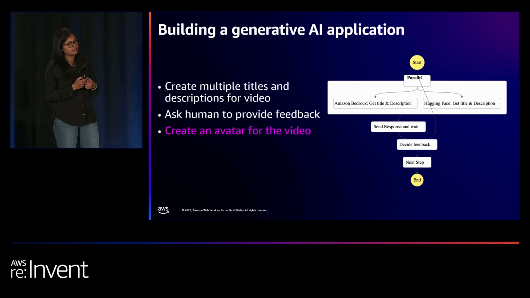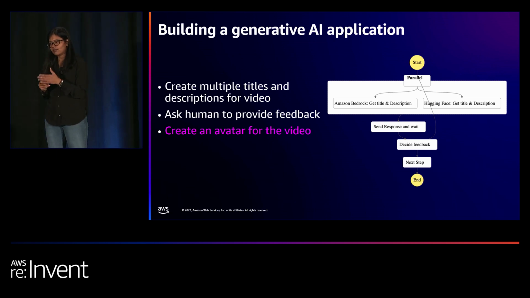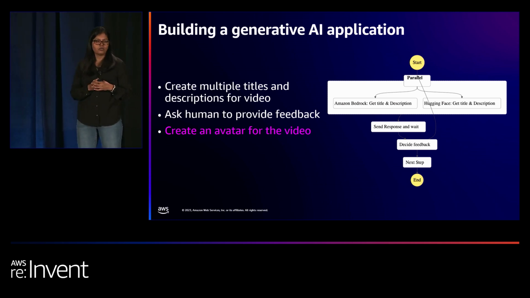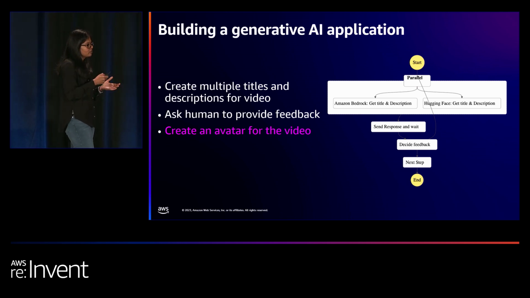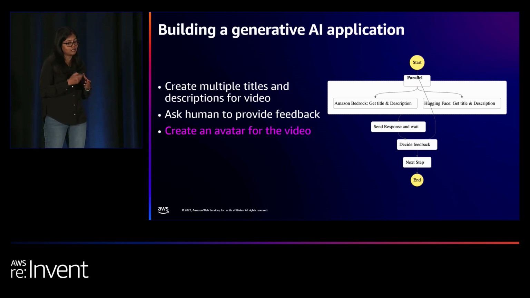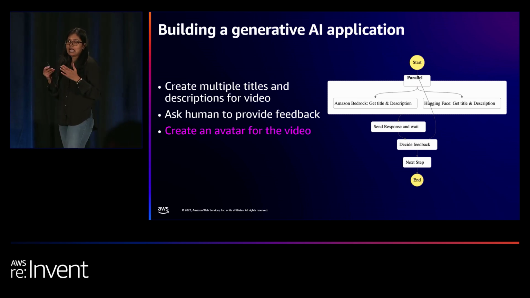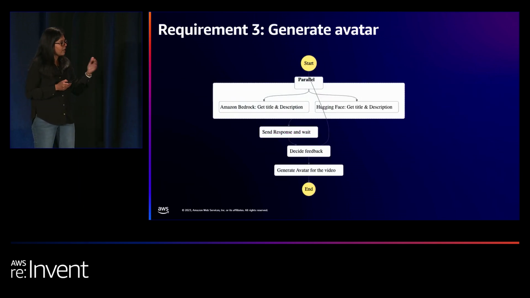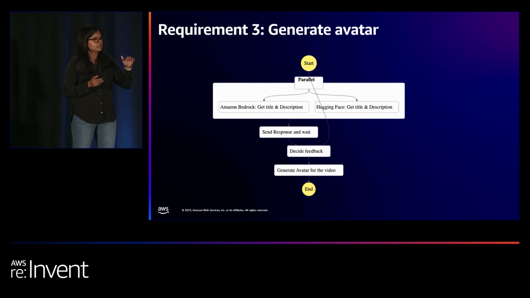Our next requirement is to create an avatar for the video. Creating an avatar means you have a text, and you give the text to a foundation model and generate an image. So we need a text-to-image generation model. Amazon Bedrock also offers a text-to-image generation model, so we're going to use Amazon Bedrock again. So we've got the author